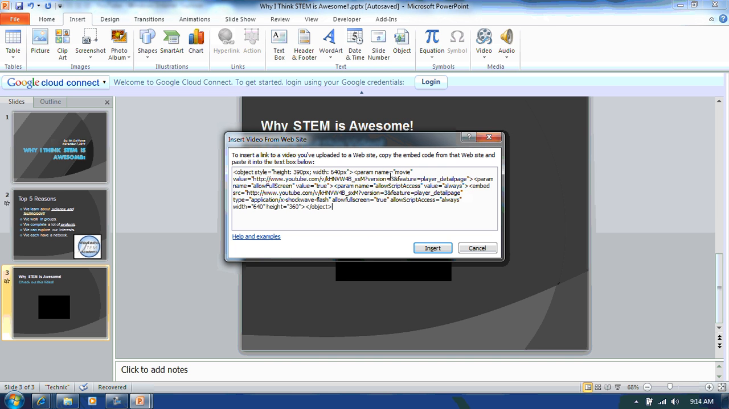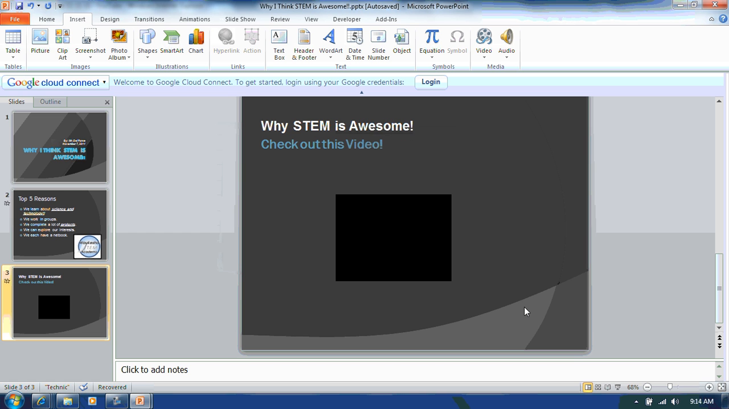Now you can see the code is very long. Again, it's very complicated computer code. But as soon as I press insert, it's going to insert this in. Now I actually went ahead and did this beforehand because this can take a while for PowerPoint to upload this. So I did this beforehand, and you're going to get